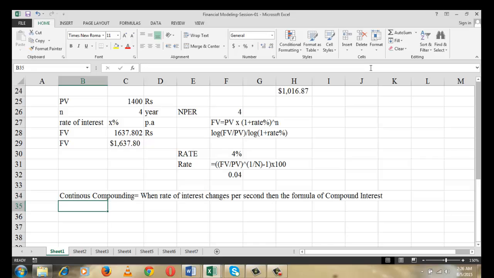Then the formula of compound interest would be future value is equal to present value into 1 plus